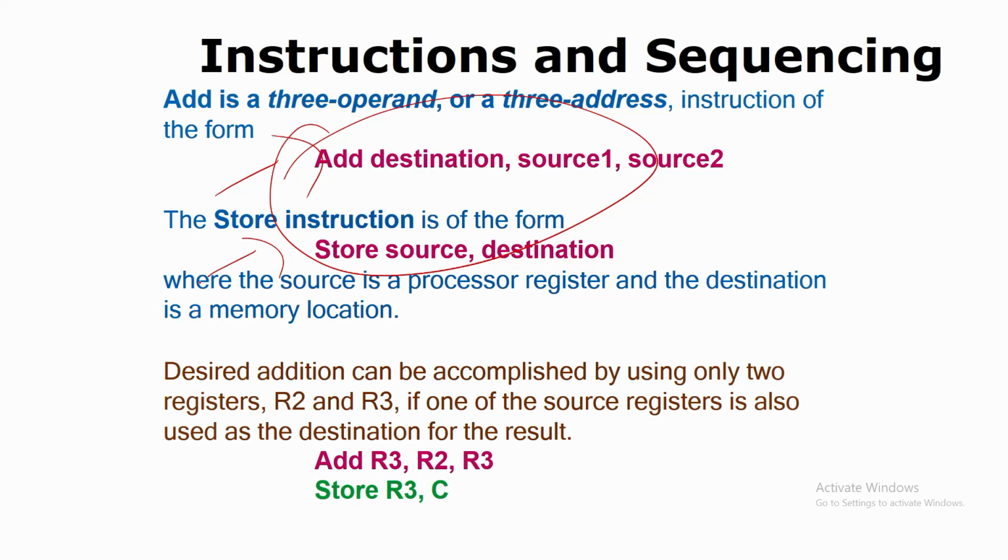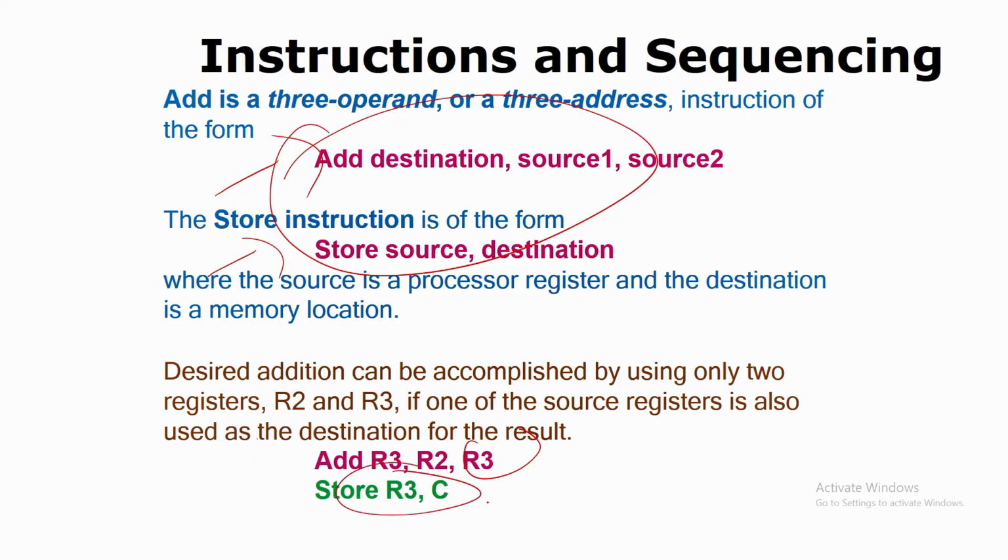So with add R3, R2 and R3, the result is stored directly into the R3 register. Following this, store R3, C